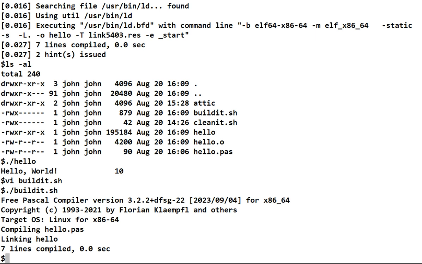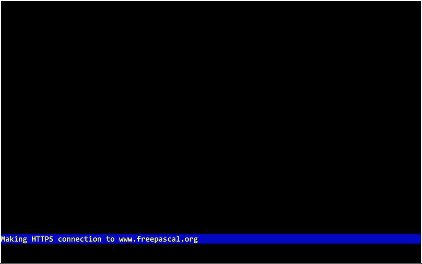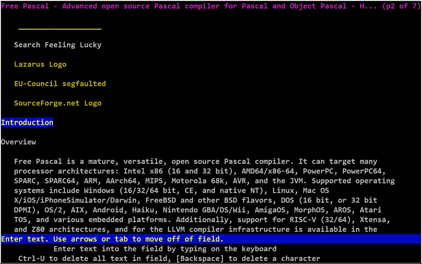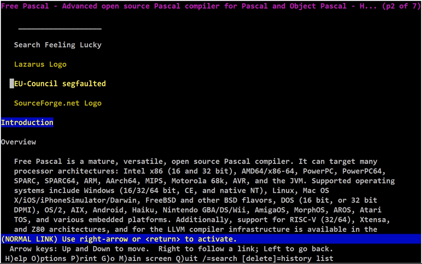www.freepascal.org, I think. So let's see if we can get to it. Yeah. So this is the website. Of course, it'll look more beautiful in your Chromium or Firefox or Edge, but they're set up for people that have old machines, so that even their text mode web page is usable. And they tell you it's a mature, versatile, open source Pascal compiler. It can look at all these different kinds of CPUs it can do, and it works. You can generate Windows, you can generate DOS,